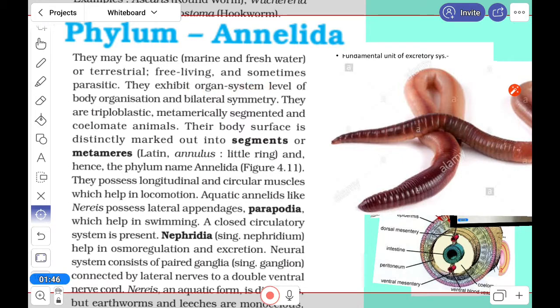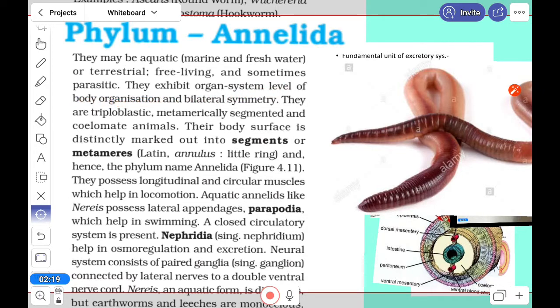Surprisingly, blood circulation is also there in this group, and it is very surprising that the circulatory system has red blood with hemoglobin, and it is a closed type of circulation like in humans. The nervous system and digestive system are also well developed.